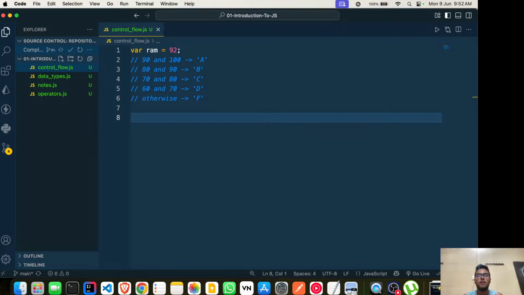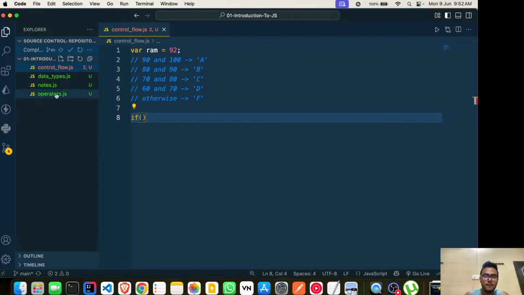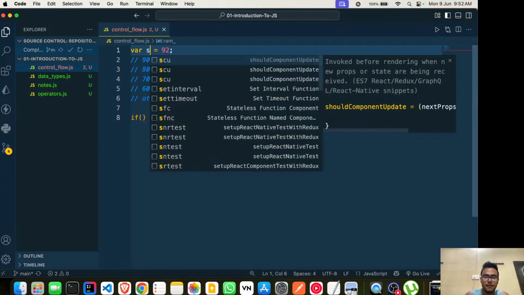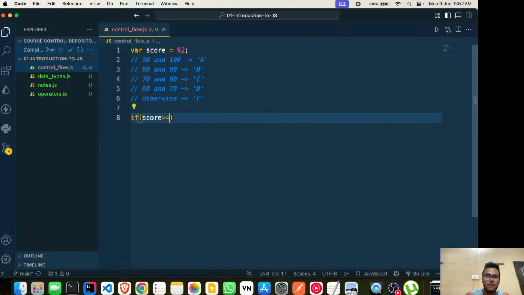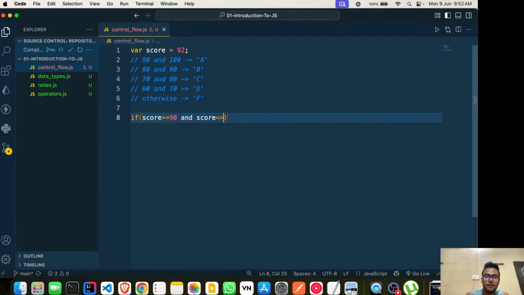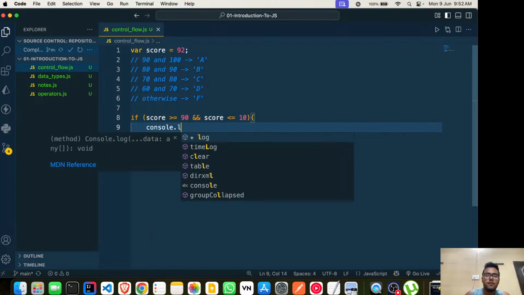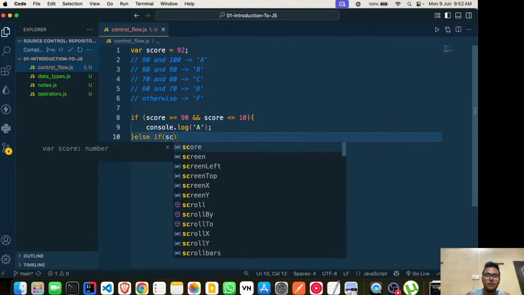Let's say we are given this problem. Now, how are we going to write the code? For this purpose, we have if and else conditions. So if, let's say this is score. If score is greater than or equal to 90 and, not like this, double and, then console log A, else if score is between